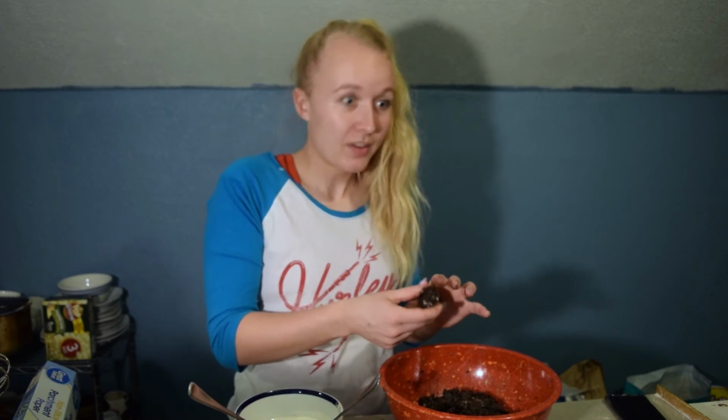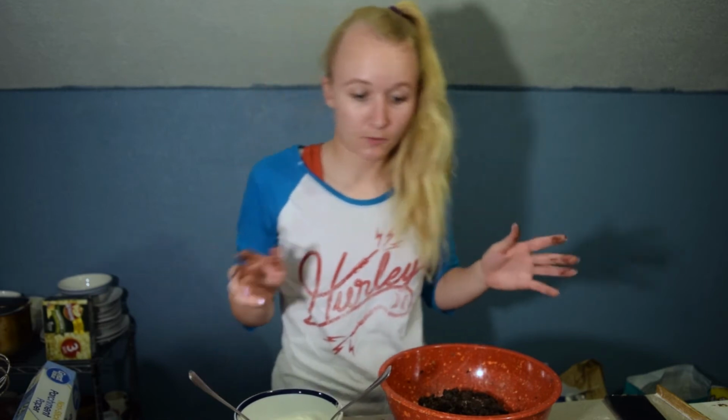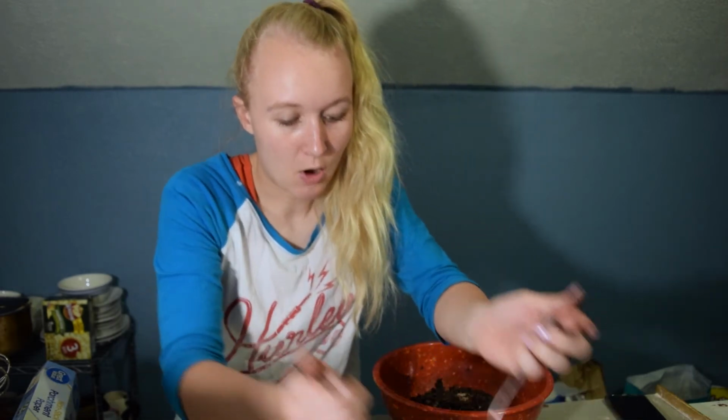You only need this many ingredients, and then it takes about 2 hours to make. Don't expect these all to look perfect like they do in recipe books, because they're going to look messy, but they're going to taste great. One fun thing, if you're really good at baking, that you should totally do,